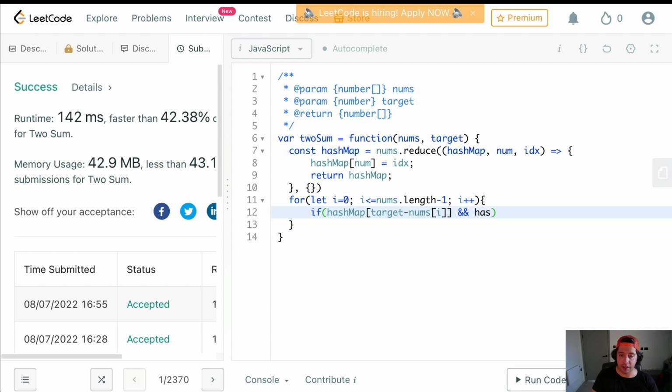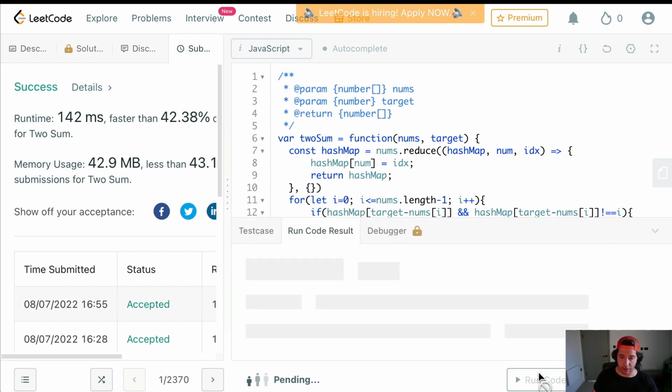We can say that hashMap[target - nums[i]] is different than i, the index. And if that passes, then we return i, comma, hashMap[nums[i]]. And if we run that,